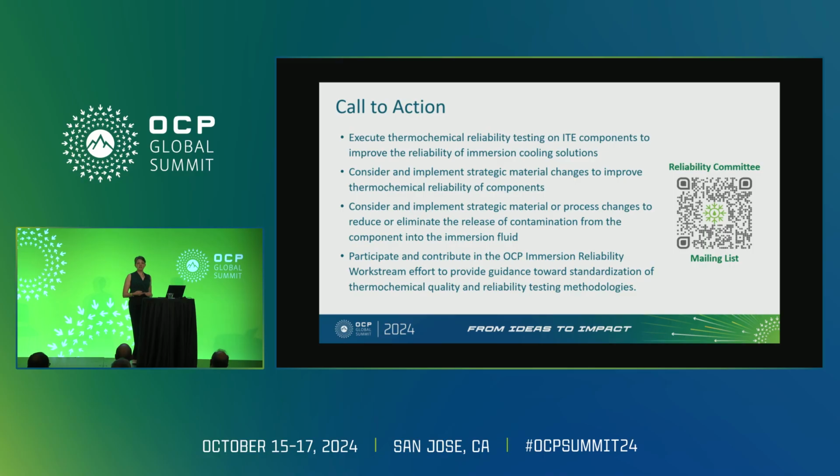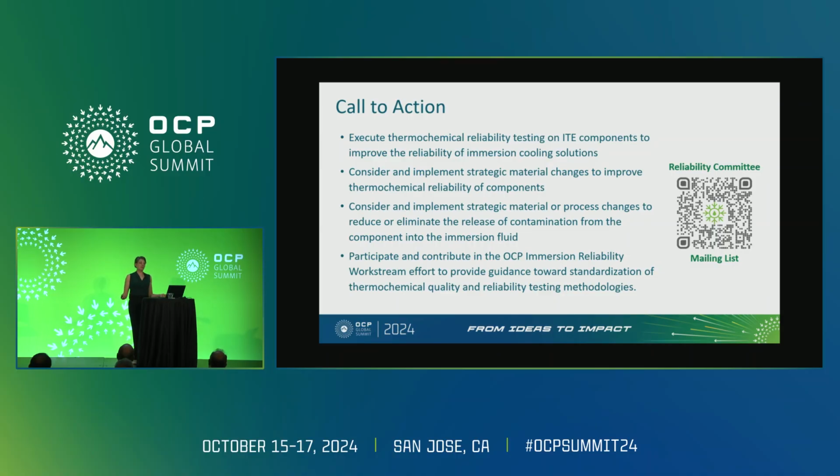So how do we use this data? How do we use this methodology, and how is Intel using this to help lead the community? How do we use this to actually build a community where we have immersion solutions and we can standardize some of these things together? And one of the things that we really need to do is execute thermochemical reliability testing